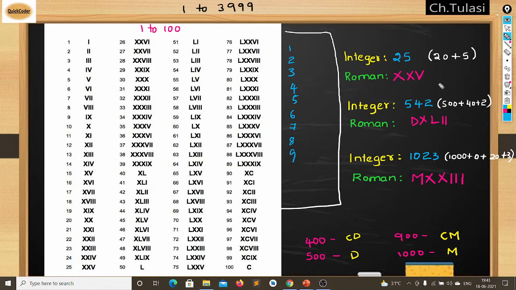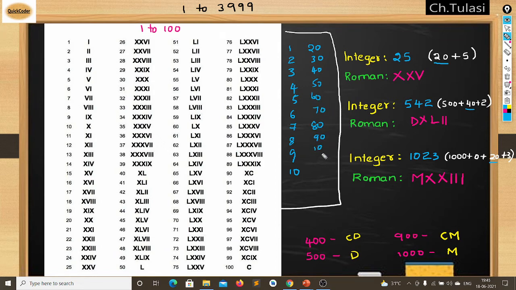And also we require 10. Let's come to the tens place. We require numbers like 10, 20, 30, 40, 50, 60, 70, 80, 90.